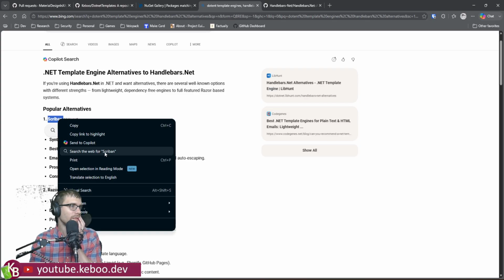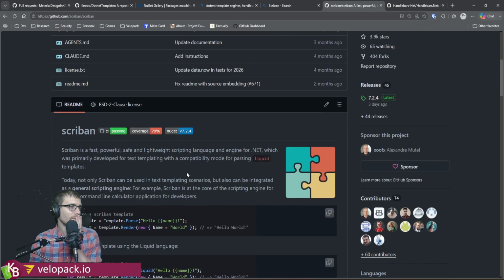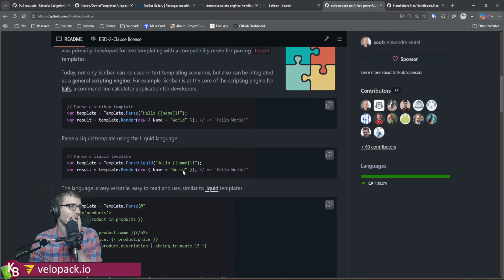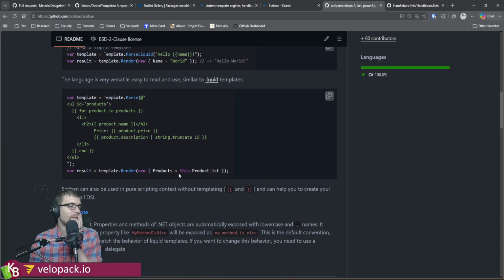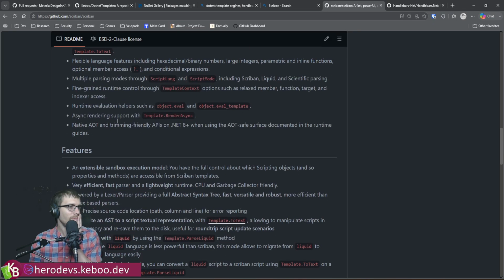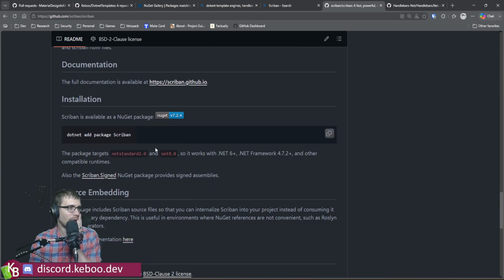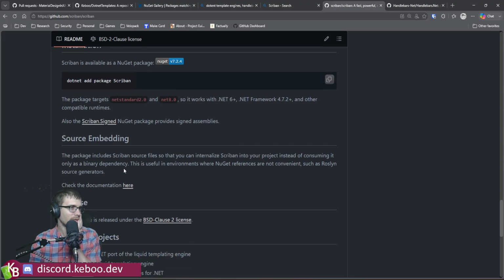I do like this idea here, because this could be an easy way of doing it. This might be an easy way of getting around doing this. Targets .NET Standard 2.0 and works on all the things. So maybe rather than doing it as